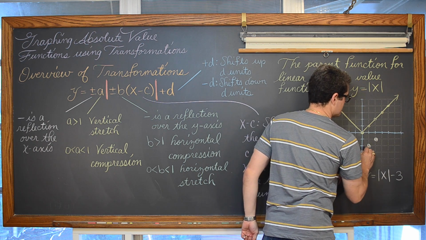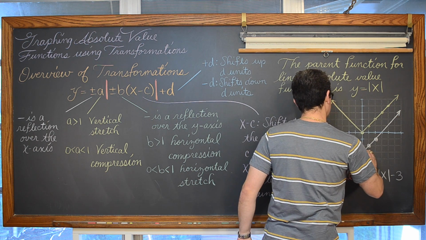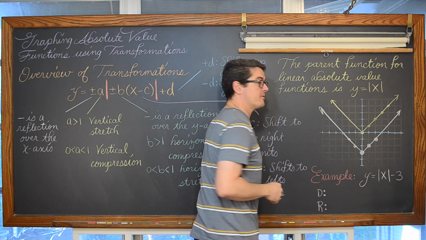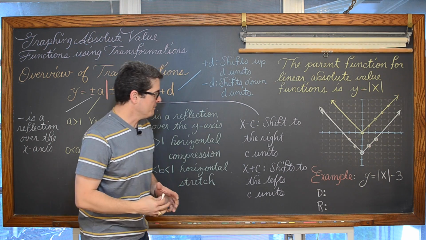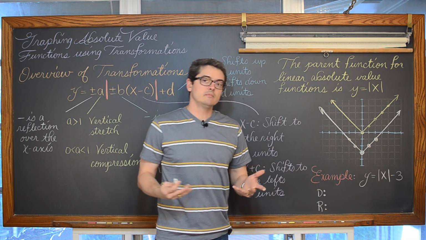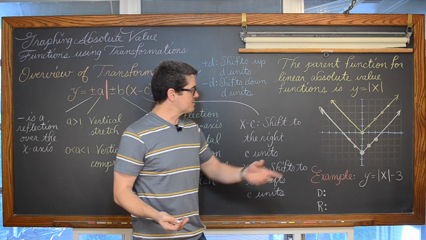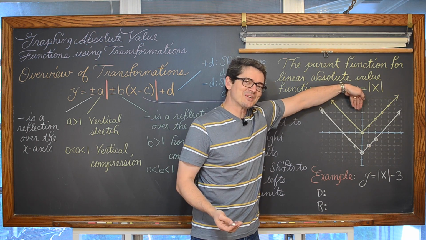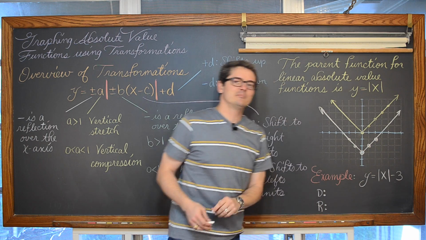And this is a sketch of, and thankfully I've got some graph paper up here on the board from my little pull down here. That is, the white one, a sketch. I didn't have to make a t-table. I just knew what the parent function looked like and moved all the points down by 3 units.